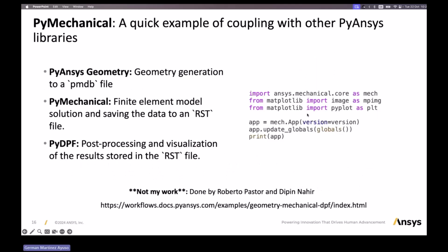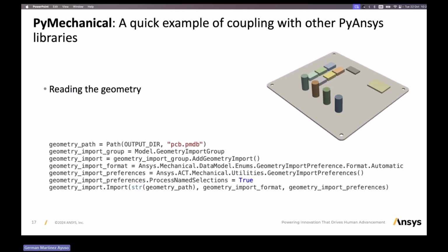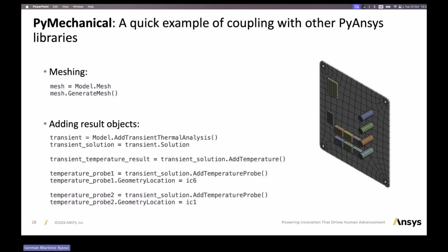Well, on the right, the commands to launch Mechanical, very simple. And then you read the geometry. You have the commands on the bottom where you can set the format, the preference, whether you want to process the selections or not. And you need to specify where the file is located. You read that and you get the geometry, and you can plot it interactively. Then you can just mesh it. In this case we haven't really gone through all the options for generating the mesh, but